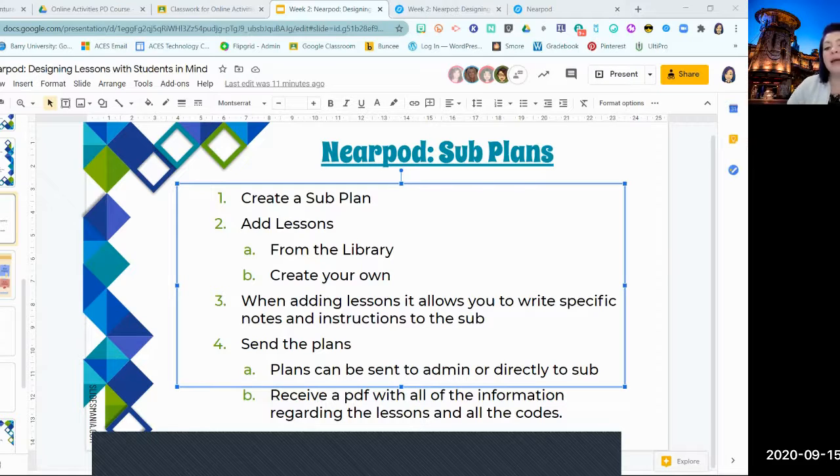And so they'll get the PDF with all of those lessons and all of the codes, and that way the sub knows exactly what they need to do. So it's one of those things that if you do subplans, you can do it through Nearpod, and it kind of packs it in just a neat little kind of packaging that